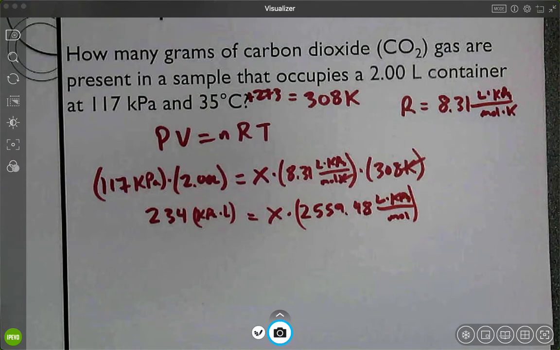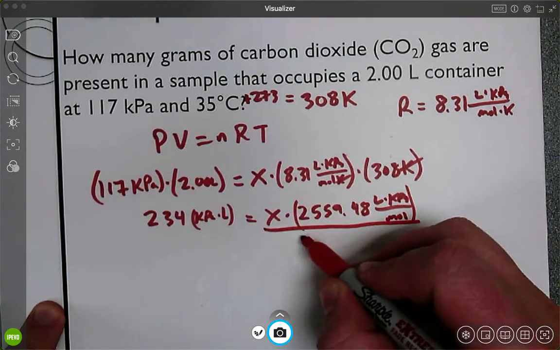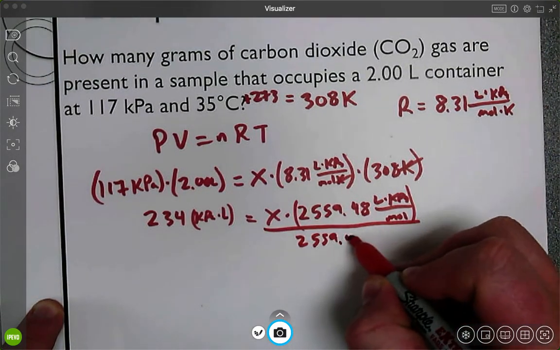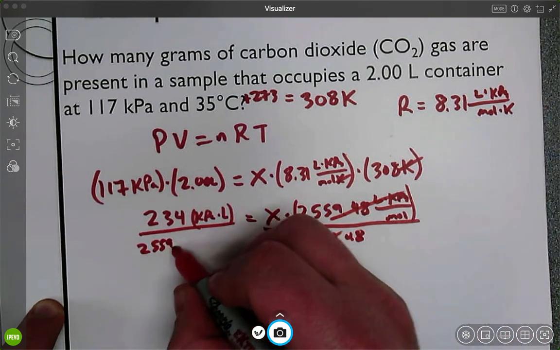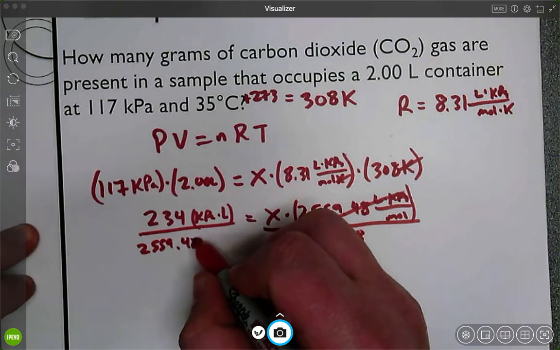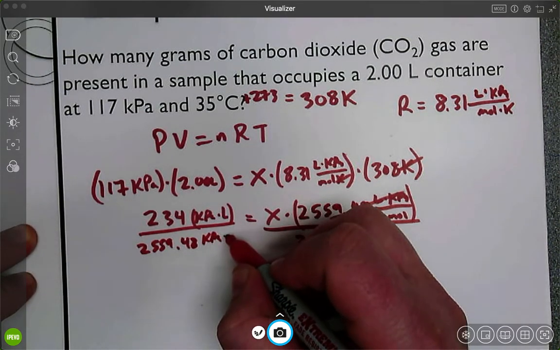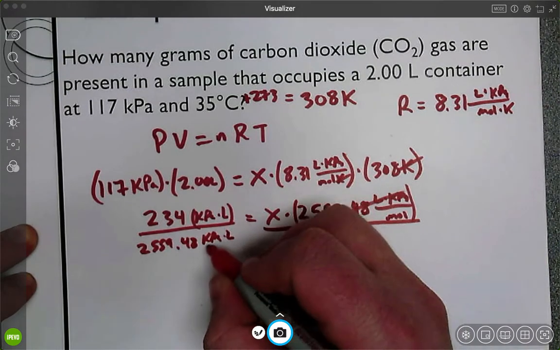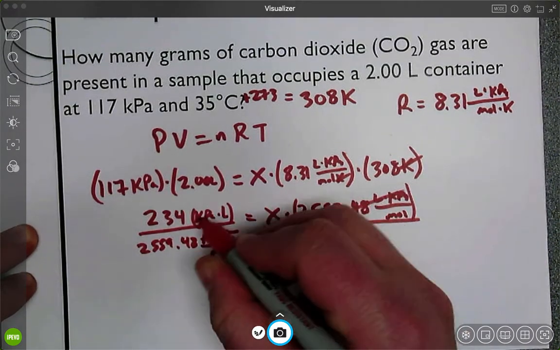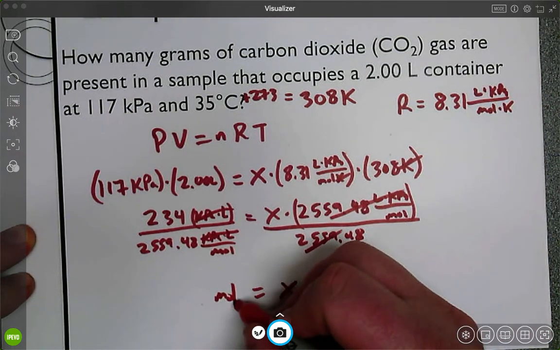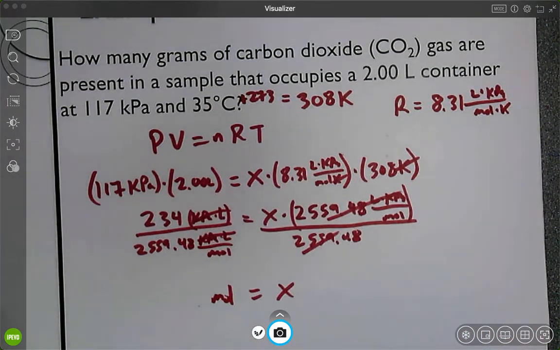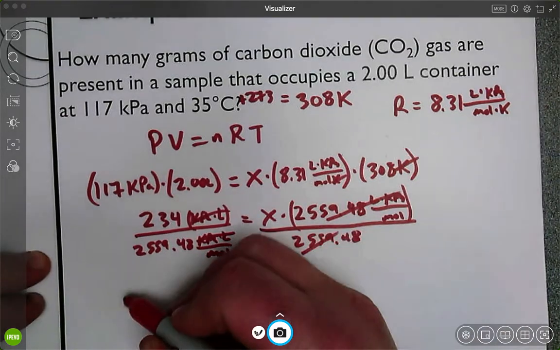Next, I'm going to divide both sides by 2,559.48. So it cancels. Those cancel. The only left over here is this. This will become moles. So 234 divided by 2,559.48 is